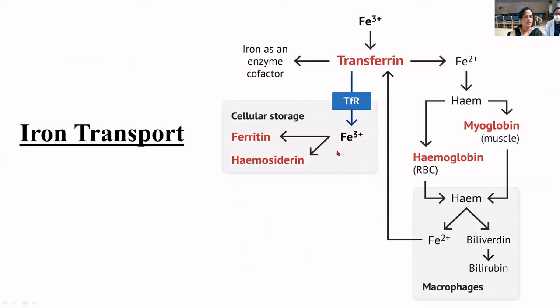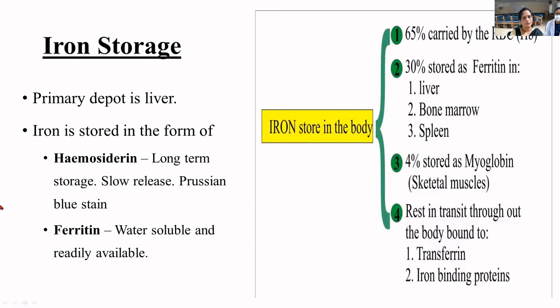So iron transport. If we know the physiology, that's why we learn it, we can understand pathology better and we will know the etiology. Once you know the etiology, you understand the pathogenesis, and you become a very good clinician who treats the cause. Otherwise, you're equated to a quack. A quack can also keep on giving iron for iron deficiency. But if there is malabsorption, whatever iron you give orally will never be absorbed. So we need to know the cause. This is just an example I gave you.